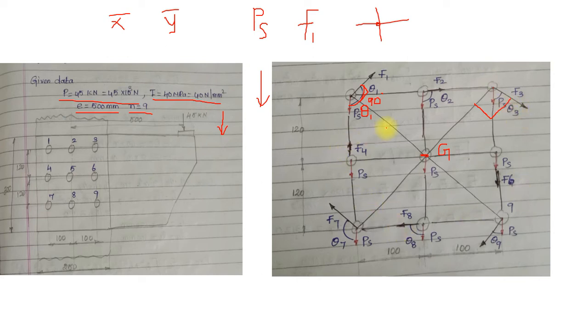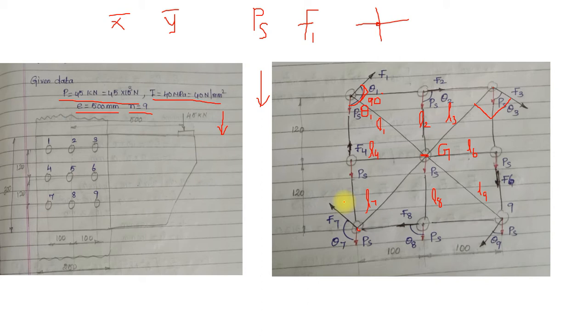I forgot to mention a few things in this particular diagram. This is L1, this is L2, this is L3, and this is L4. Sorry, L5 is not available, it is not there. This is L6, L7, L8 and L9. So, from the point of the rivet to the center of gravity, we call it the length of the particular line. So, this is very important.